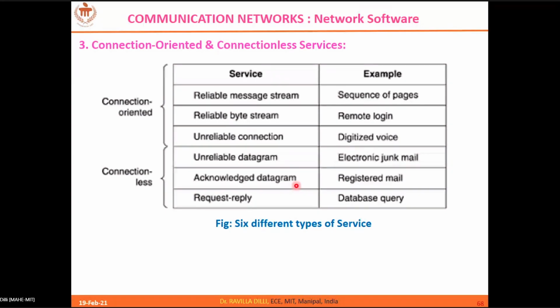With a normal post, there is no guarantee that it will be received, but with a register post, there is a guarantee, right? So that reliability you are increasing, because you have that acknowledgement with you. When you are making a register post, they will give some slip to you, saying this person has posted so and so letter to so and so people. Tomorrow you can trace it out. That's acknowledgement based transmission where you can expect some sort of reliability, even though it's a connectionless service. Hope you understood this difference.